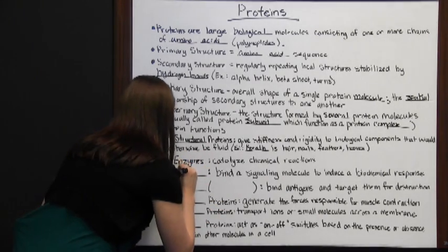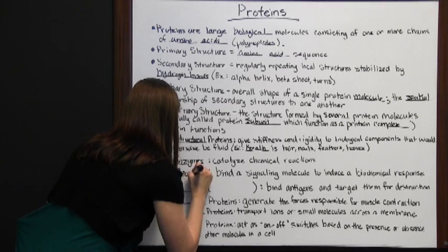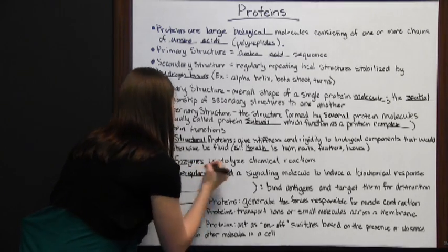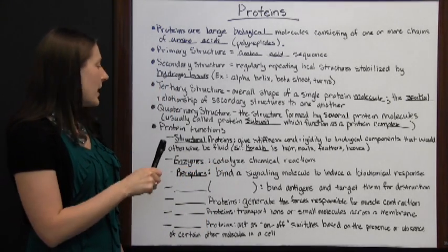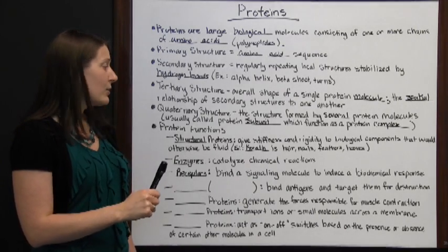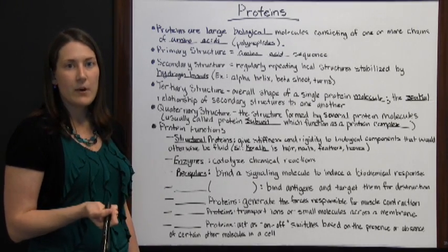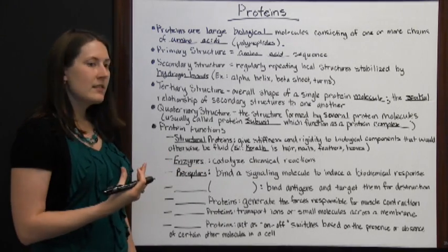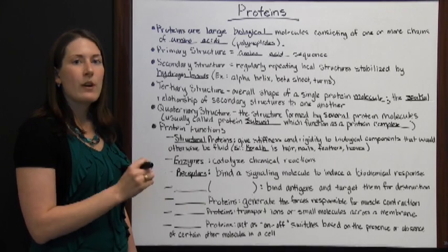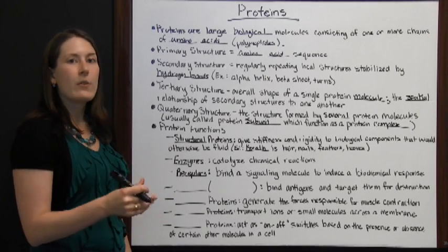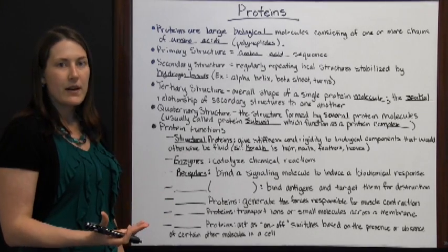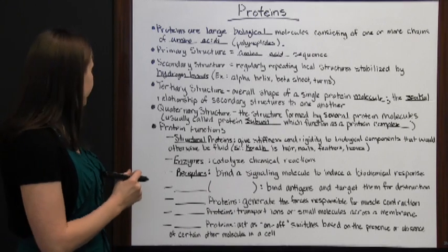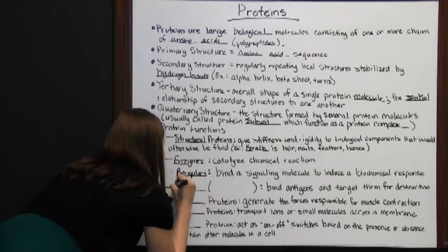Next, you've got receptors. Proteins that function as receptors bind a signaling molecule to induce a biochemical response. So it receives that signaling molecule and then it binds it somewhere that will induce the biochemical response that needs to happen. Next, you have antibodies,